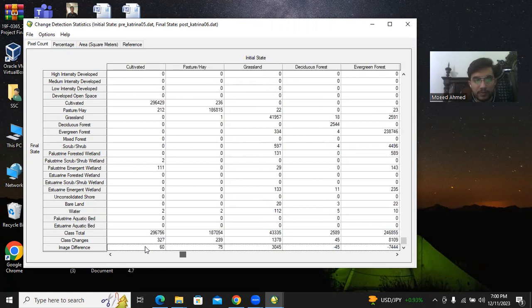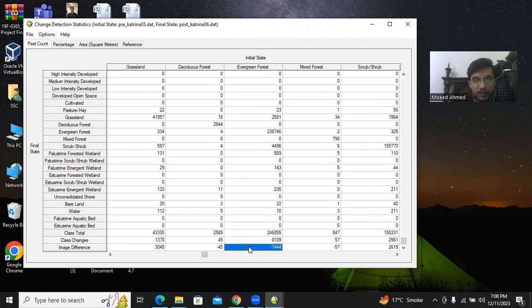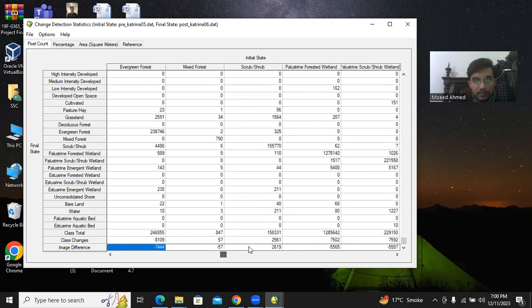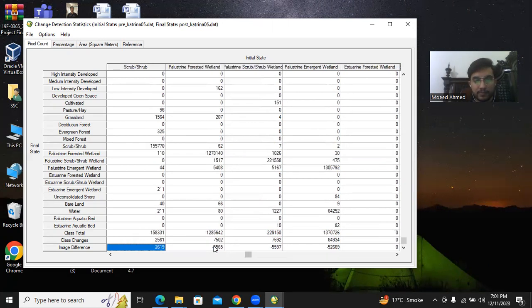I'll show you. Here you can see scrub. So it has grown. The pixels have grown. You can see the image difference is positive, so the pixels have grown. This shows that the image pixels have increased, and